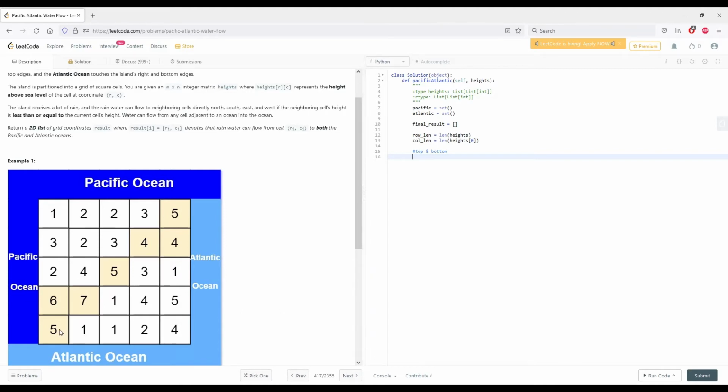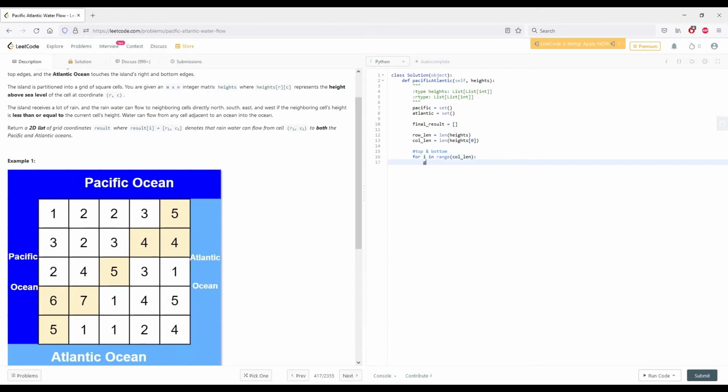And down here, the columns are changing values, but the row is always going to be at position row len - 1. So for I in range column length,